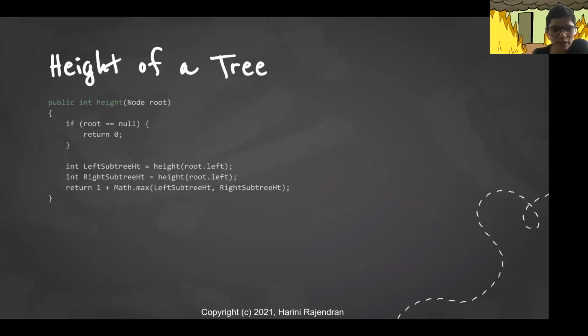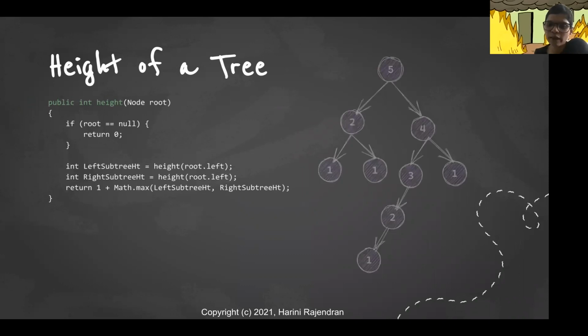And then I'd like to share another example on how to calculate the height of a tree. As I mentioned earlier, the height of a tree is the length of the longest path in the tree. For example, here it would be 1, 2, 3, 4, 5. This is the longest path, as you can see. So the height of this particular tree is 5.